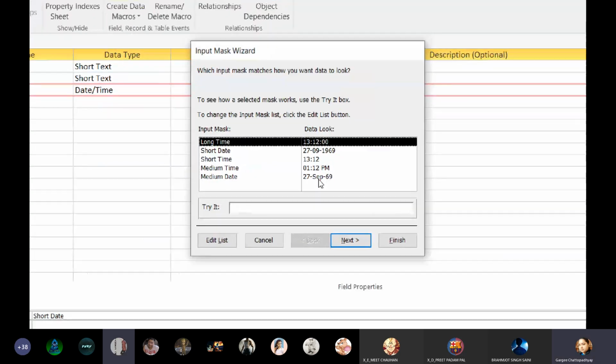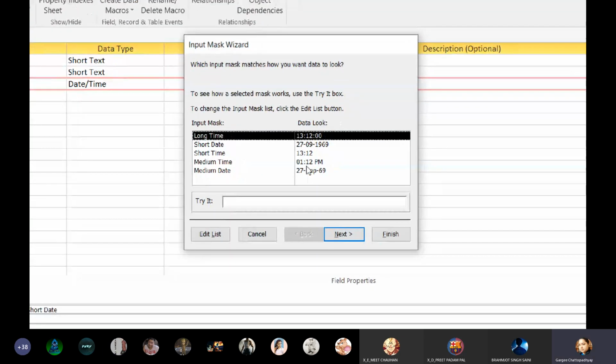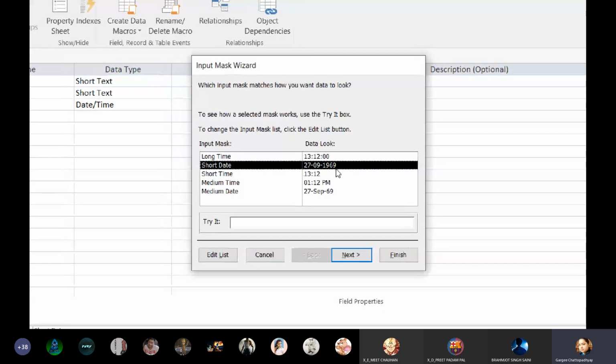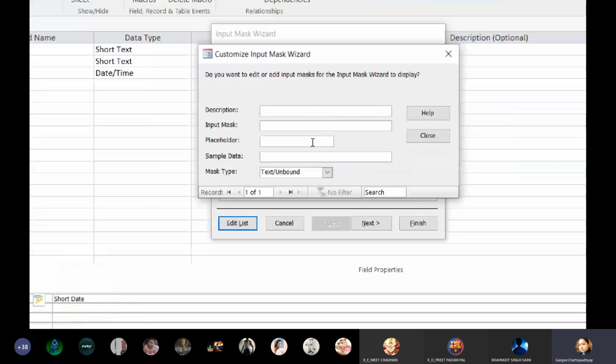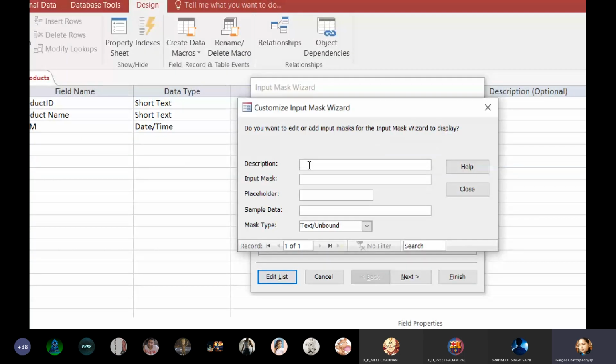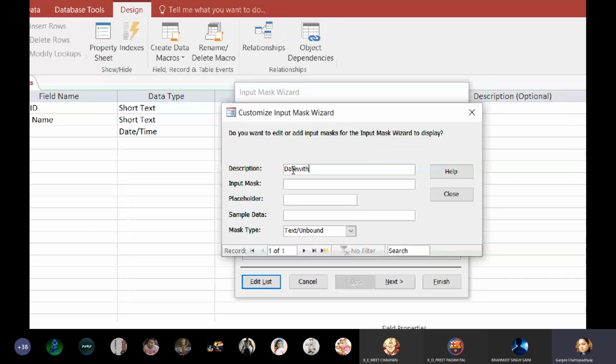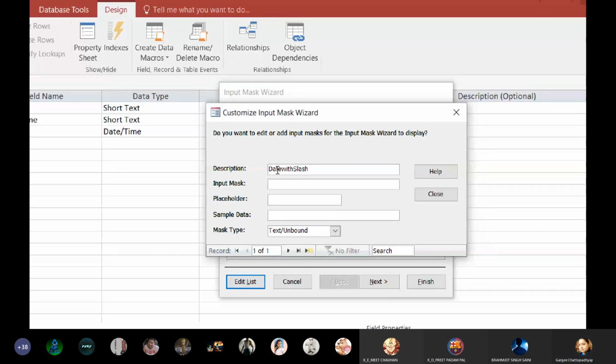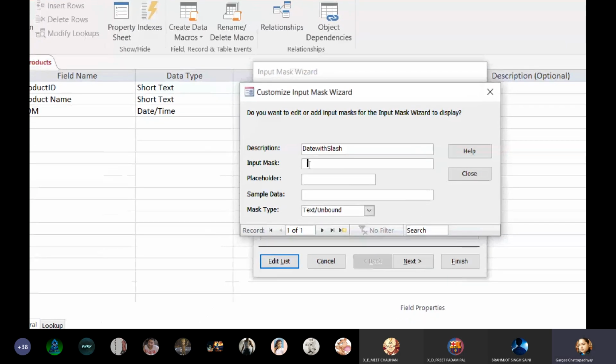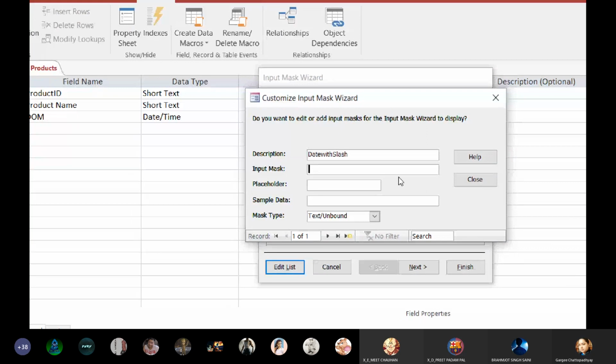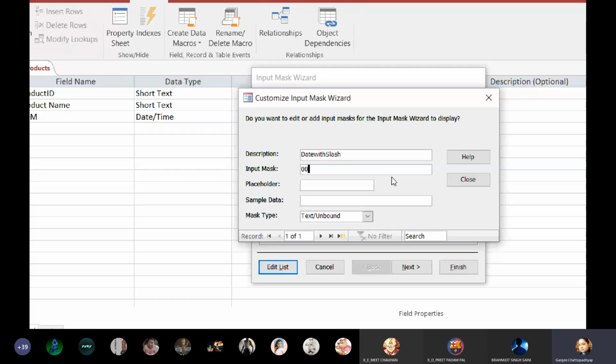So if we want, we can just change it also, like short date. This one, I'll go to edit list and I'll add the description date with slash. And the input mask I'm giving as, because I want all numbers, it has to be 00/00/0000.